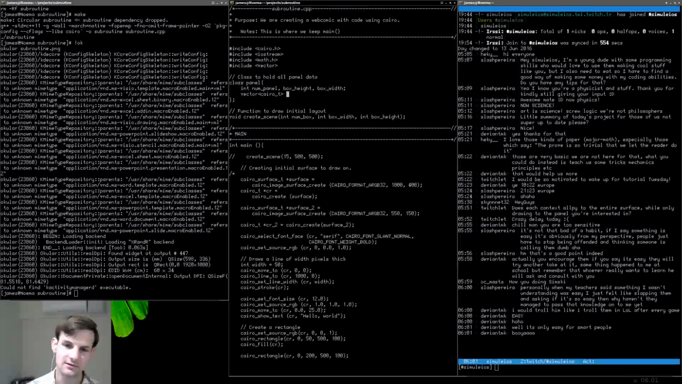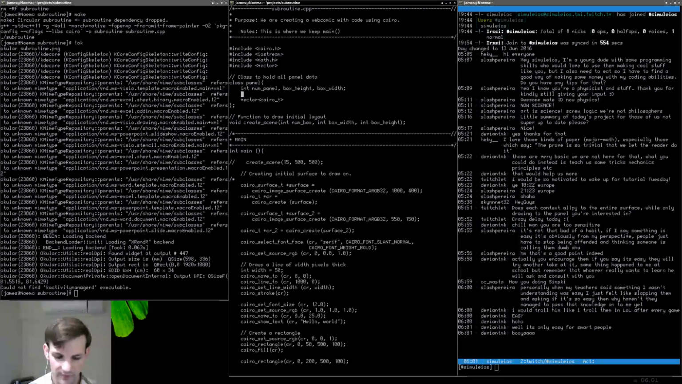Oh, I don't know. Actually, we could probably initialize this, couldn't we? Let's see. So create scenes with surfaces. So what we need first is we need vector of Cairo surface. This isn't going to work, is it? T. And then,